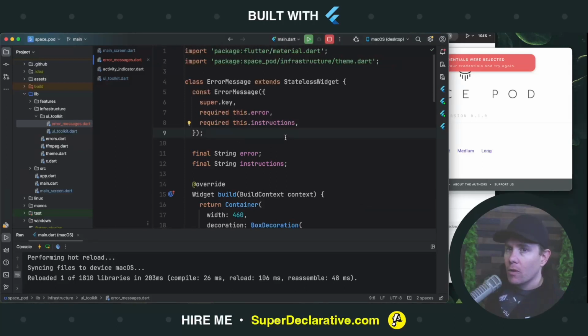Given that we're going to want to be able to show an error message from wherever we are in the app, there are going to be multiple places where we want to bundle an error and the instructions. So we should put that, I think, in a single data structure. Now this widget is called error message. I kind of feel like the data structure itself should be called error message. So maybe we call this,